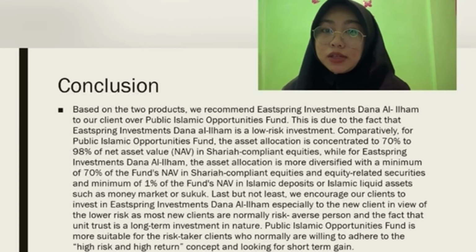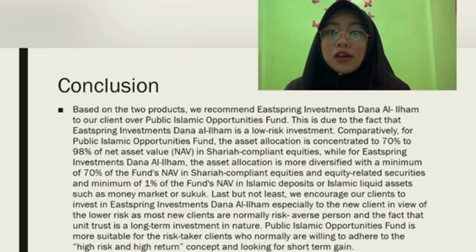The conclusion for the assignment is based on the two products, we recommend Eastspring Investment Dana Al-Ilham to our client over the Public Islamic Opportunities Fund. This is due to the fact that Eastspring Investment Dana Al-Ilham is a low-risk investment. Comparatively, for Public Islamic Opportunities Fund, the asset allocation is concentrated to 70% to 98% of net asset value in